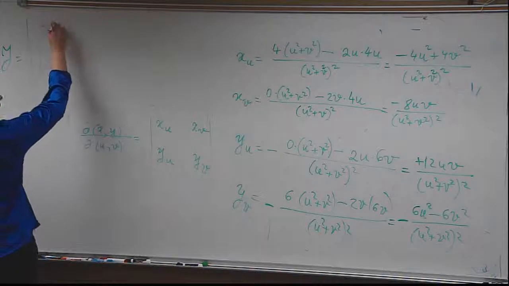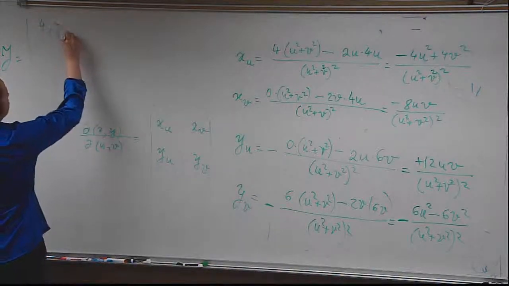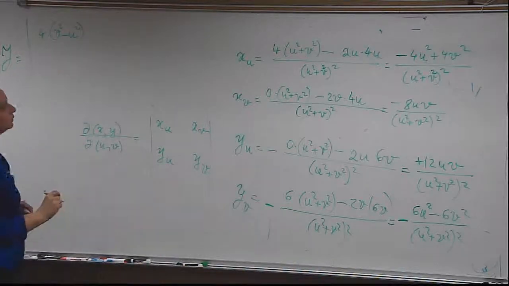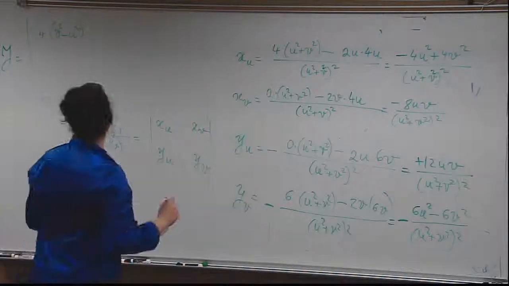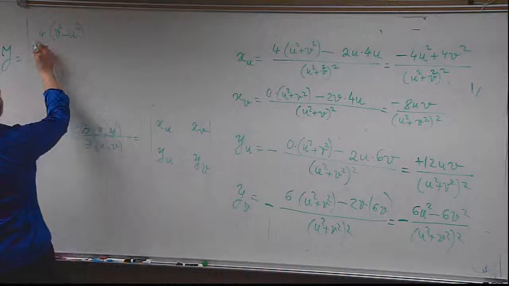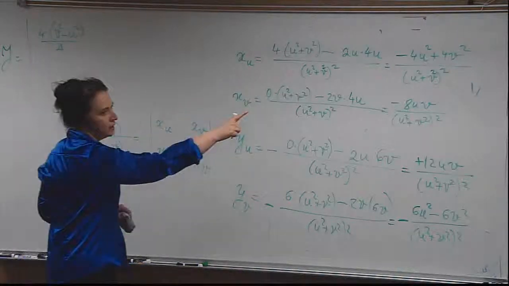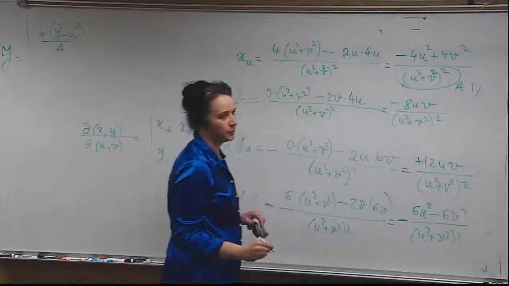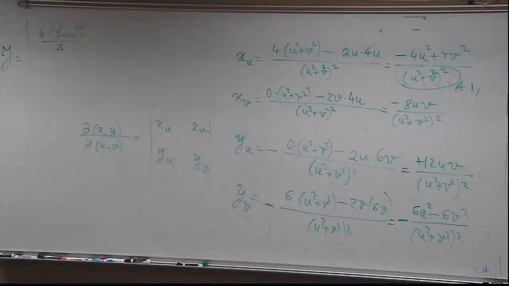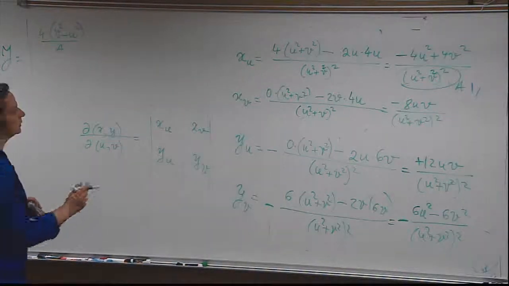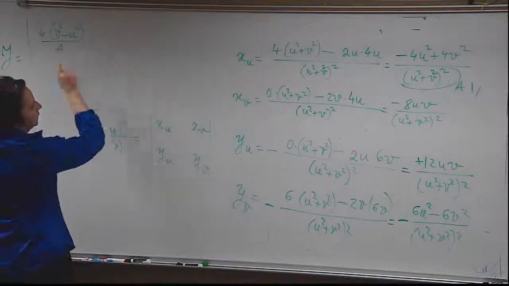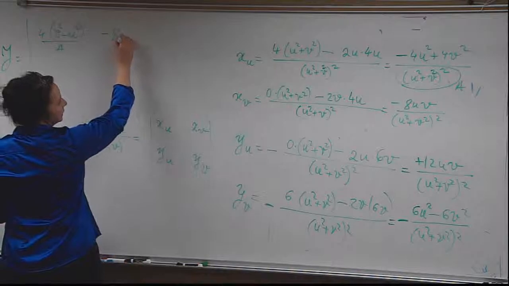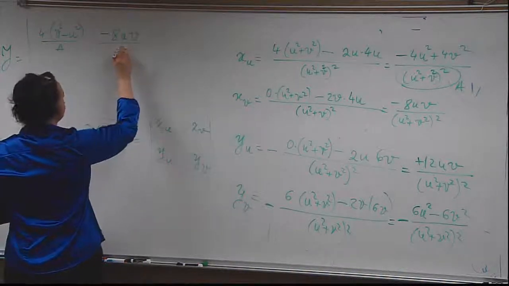4 times v squared minus u squared. Let me kick out the, okay, over, let's call it over a. This is called a, right? This is called a. I'll show you what happens. Maybe you don't know yet what happens, but I'll show you what happens. And then the next one is going to be x sub v, minus 8 uv over a,